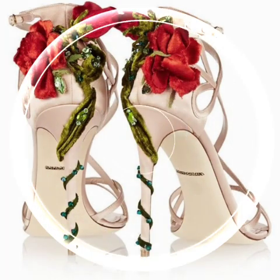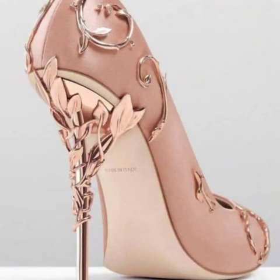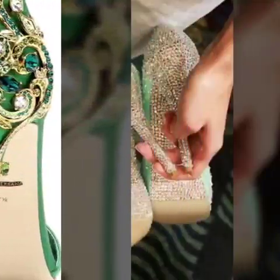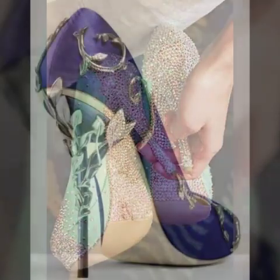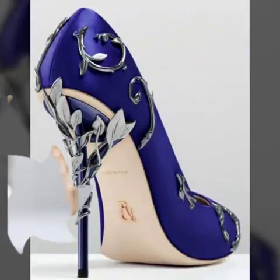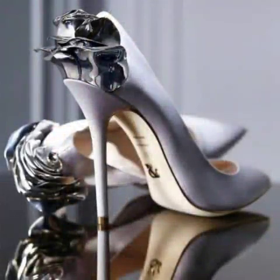So friends, this is a very beautiful, stylish and trendy collection of bridal fancy heel designs for those ladies who love to wear such types of bridal fancy heel designs. So dear friends, this is a very beautiful, stylish, trendy and stunning collection. I suggest you watch this video till the end for more ideas and more designs about bridal fancy